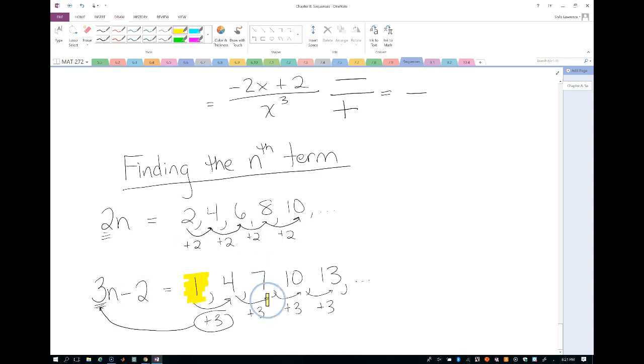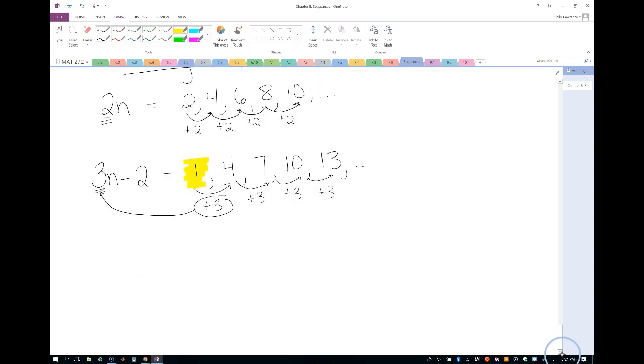So anytime you see a common difference, it's going to translate into multiplication, and then you should check your first term to see if it matches up with your expression. If not, we might have to add or subtract to adjust it. You might also